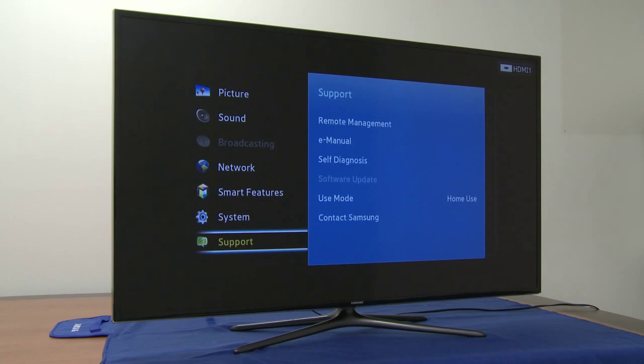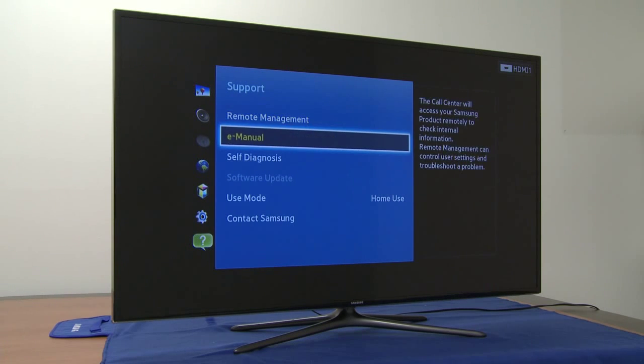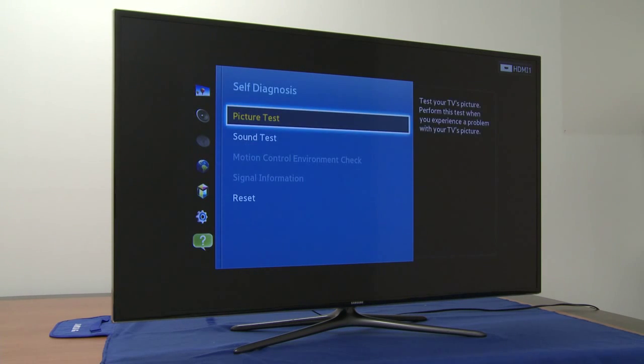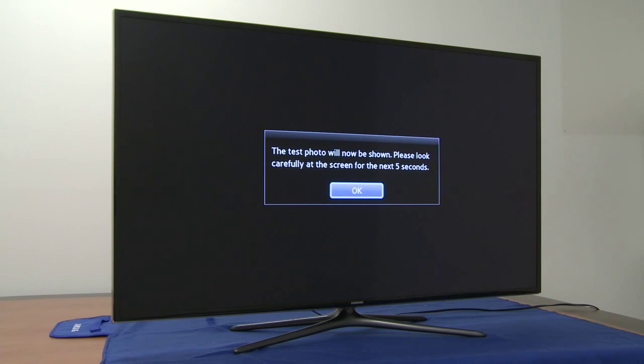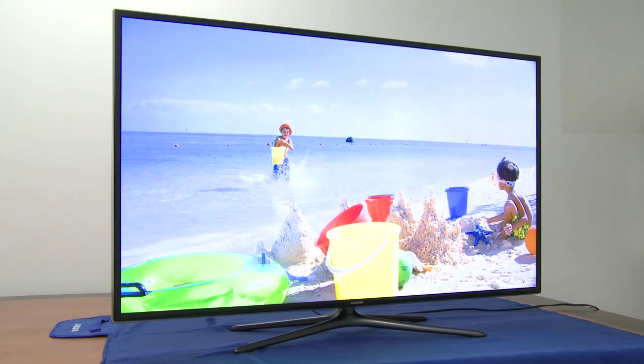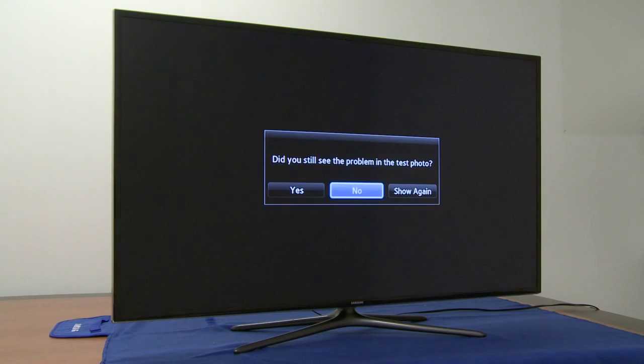Start by opening the TV's on-screen menu and select Support. Then select Self-Diagnosis, and then Picture Test. The TV will then display a prompt and the test picture from the main board will appear. Check for any defects. If defects are found, select Yes, and a test pattern from the TCON FRC section of